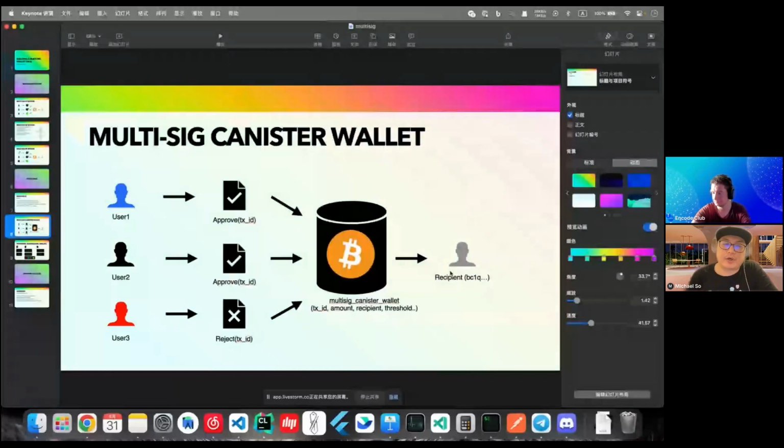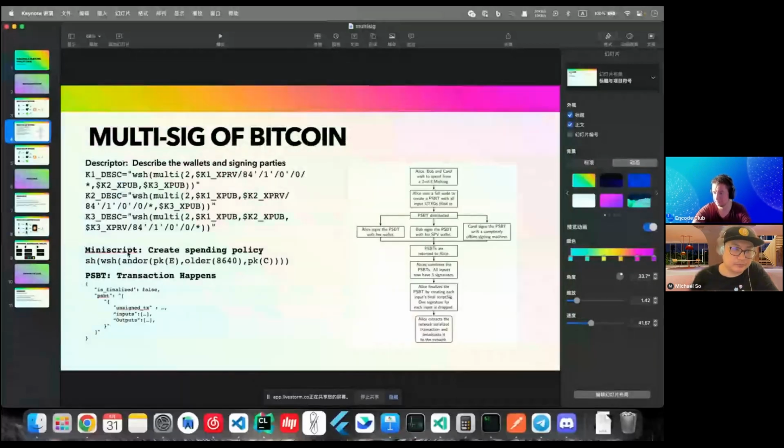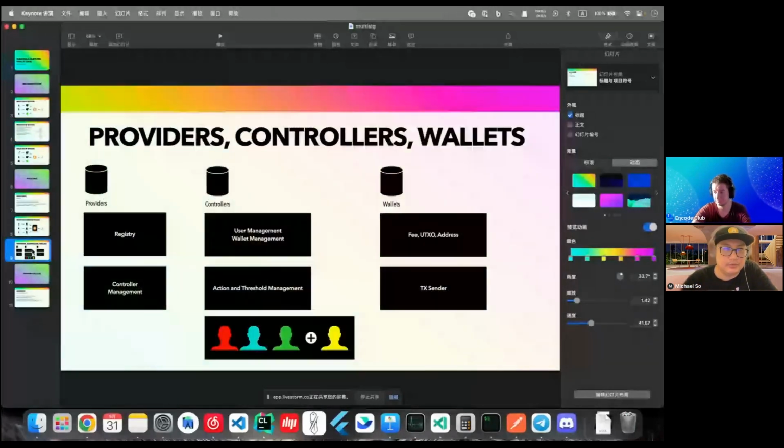And with this, we can use the Canister smart contract wallet to do the same functionality as the Bitcoin transaction using this more complex model. And for that, we can even code up a complex architecture. Like we can define the providers. Like I said, providers can be